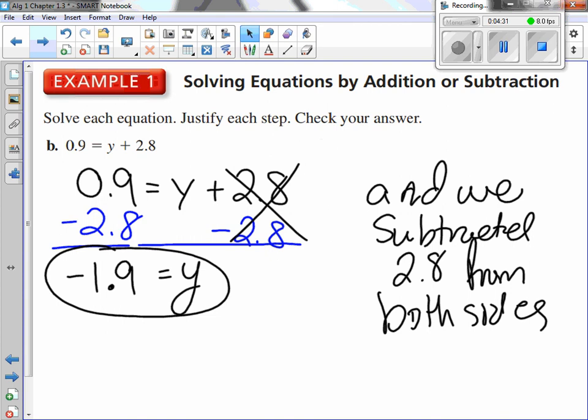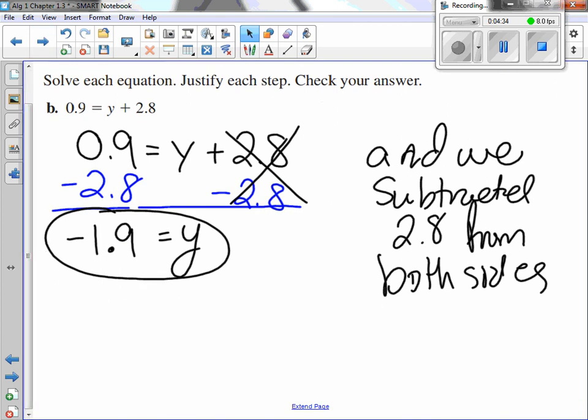And that's all we did there. Now I notice I missed this on the first one. They wanted us to check it. Well, the way we check it is we take our original equation